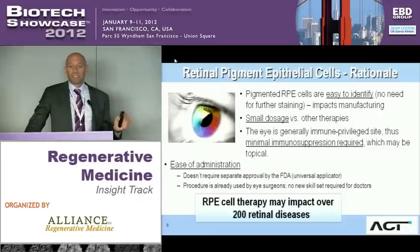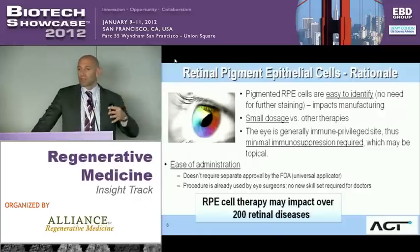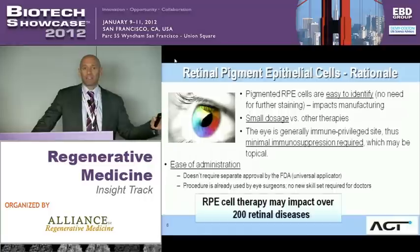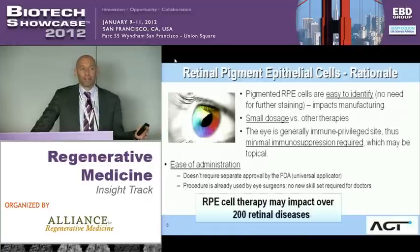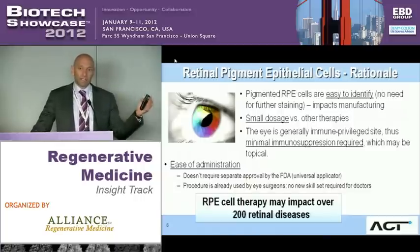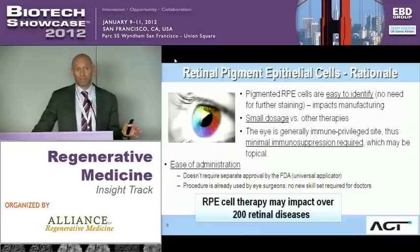Now, this gives us a very significant advantage. One of the things that the FDA was very focused on was making sure that we're not going to inject any non-terminally differentiated cells into the back of the eye, in particular, any undifferentiated embryonic stem cells. In the treatment of our 168 animals that we treated in the preclinical work, and of course in the 2 humans that we've treated so far, we've observed no ectopic tissue, no tumor formation, no significant adverse events